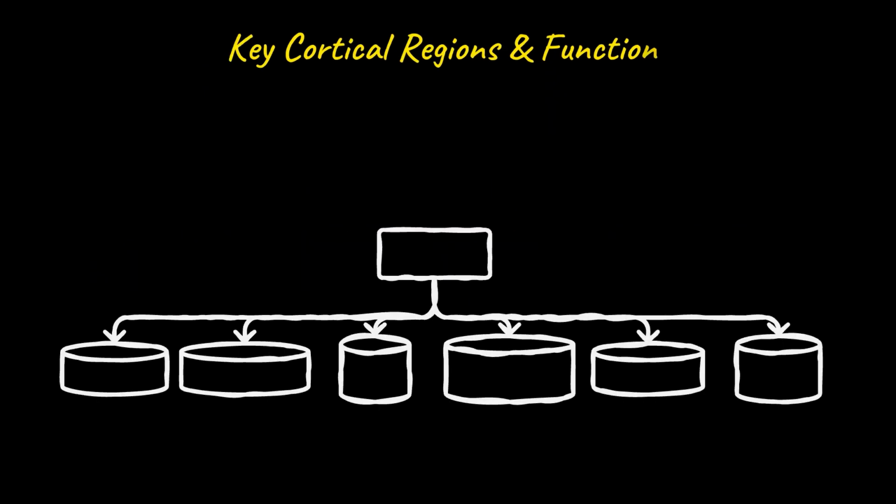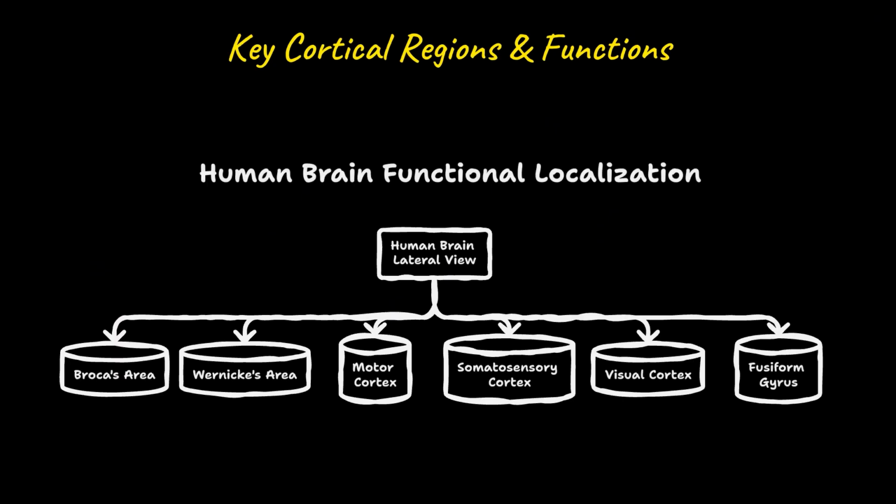Localization of function is the principle that specific cognitive operations are tied to specific cortical regions. Damage to one area disrupts the function it supports, while leaving other functions intact. The cortex is organized so that different functions live at different addresses. Broca's area handles speech production, Wernicke's area handles comprehension, the occipital lobe processes vision, and specialized regions like the fusiform